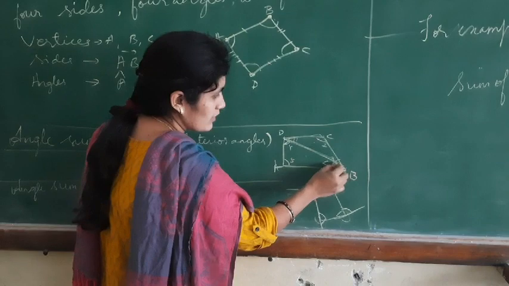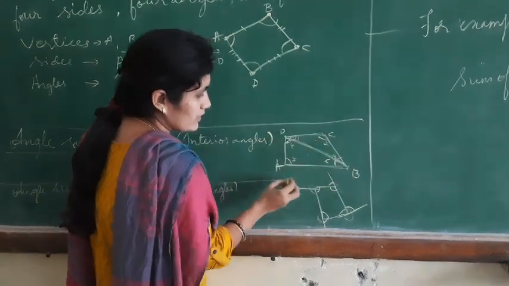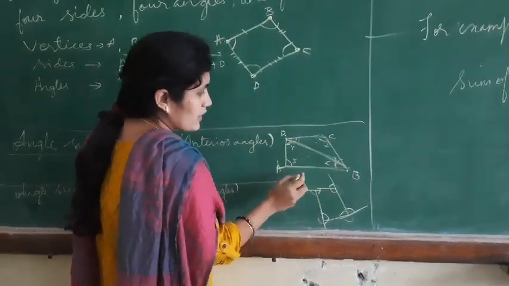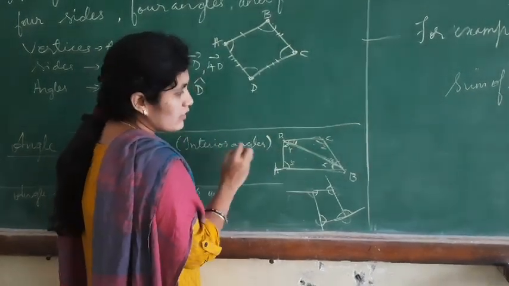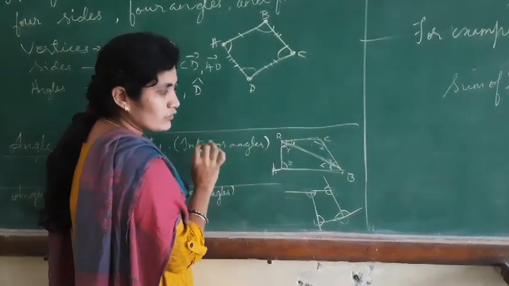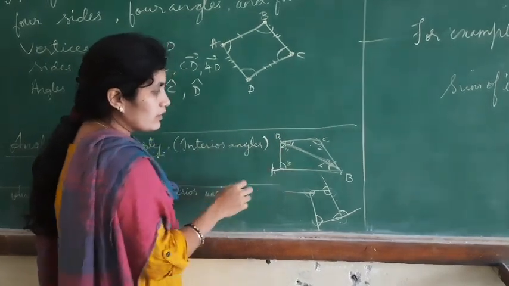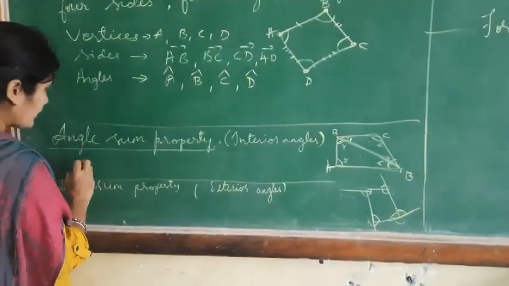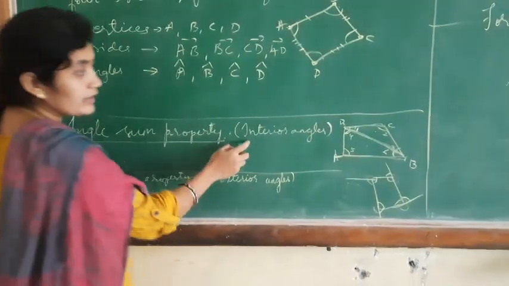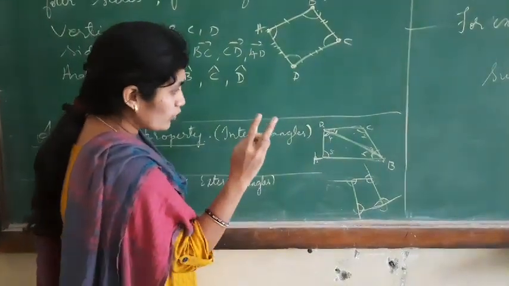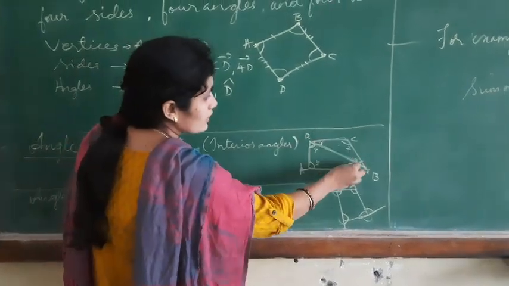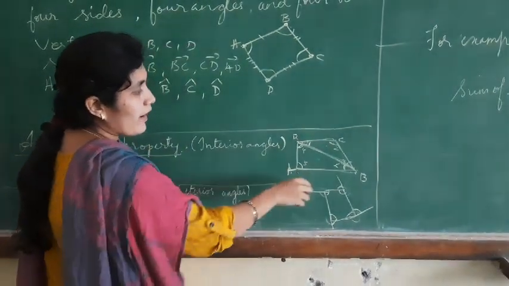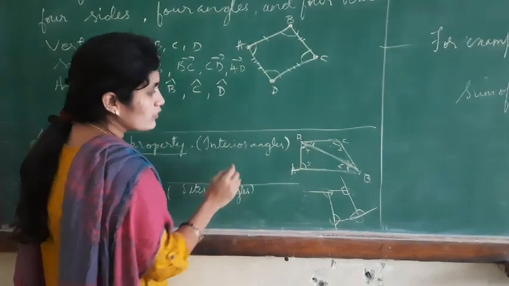First triangle is BCD and second triangle is ADB. That means we have 2 triangles in a quadrilateral. So if you add all the angles of the quadrilateral, the total sum of the angles will be 360 degrees, which are interior angles. Here we have 2 kinds: one is interior angle, the other one is exterior angle. All the angles which are inside the quadrilateral, if you add them, the sum of those angles will be 360